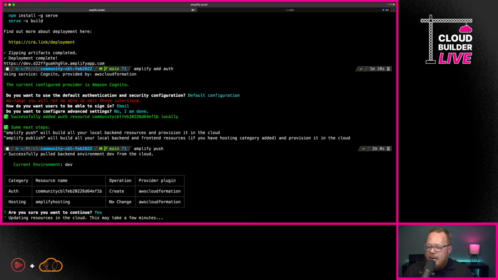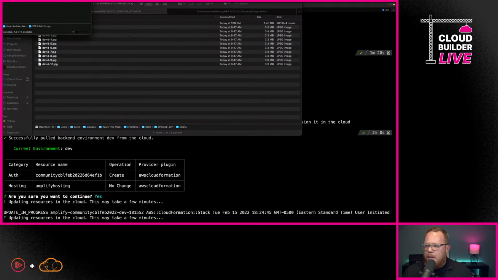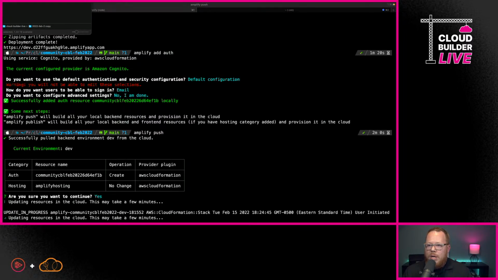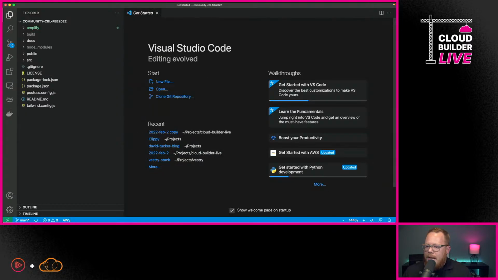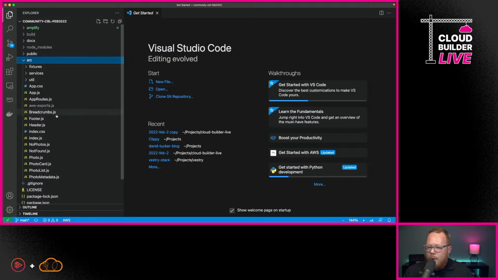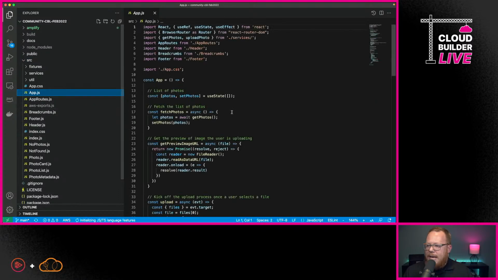Now, the next thing that I'm going to do is open this up in VS Code so we can actually start working within the React application. I want to go ahead and open up a file here that's going to be app.js.